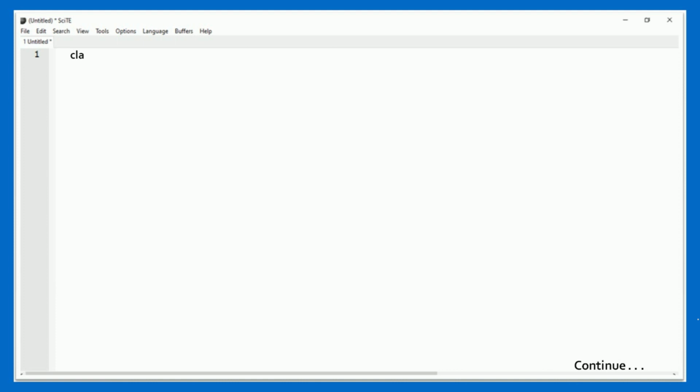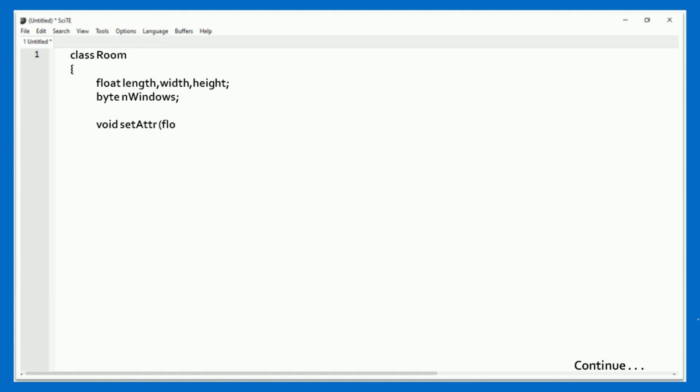First you write class Room, then start a curly bracket and define float length, width, height, and we define a second data type, that is byte, for windows. We start with void setAttribute.